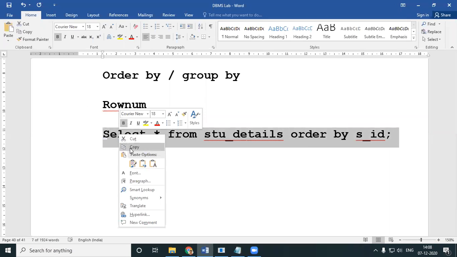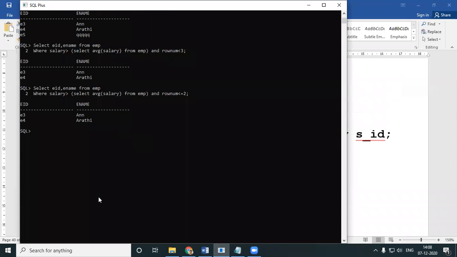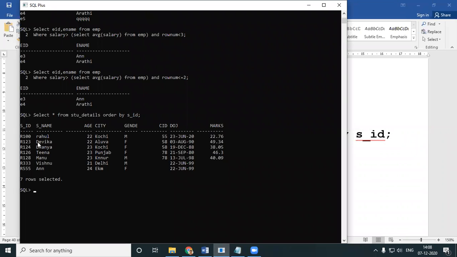I'm just ordering it in the ascending order of the SID. Now 100, 123, 124, 126, 128, 333, 555. It is ordered in the ascending order with respect to SID.